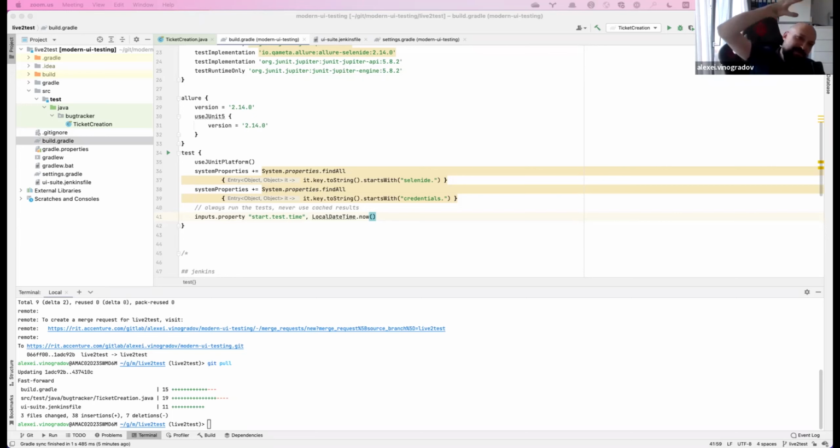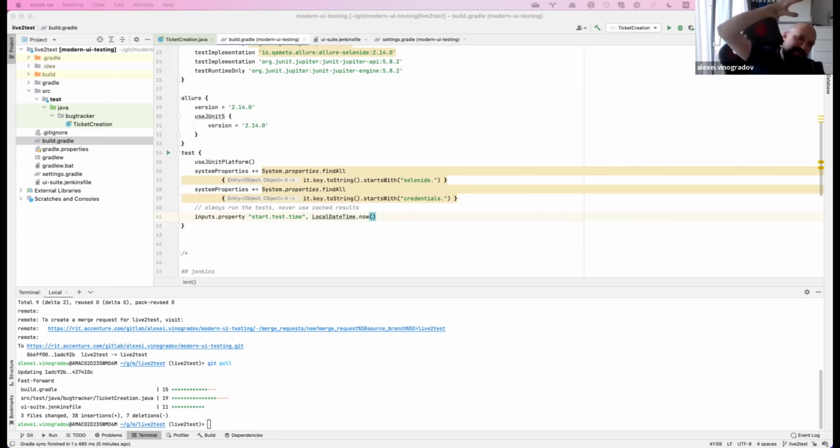Here I want to introduce to you one really nice tool, which is called Selenoid and Selenoid Grid.